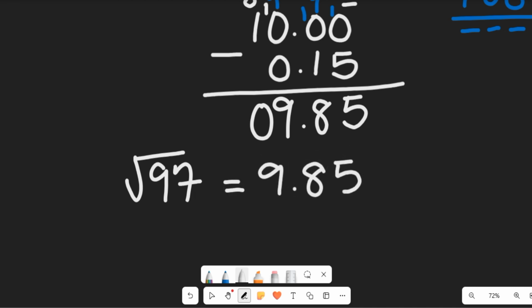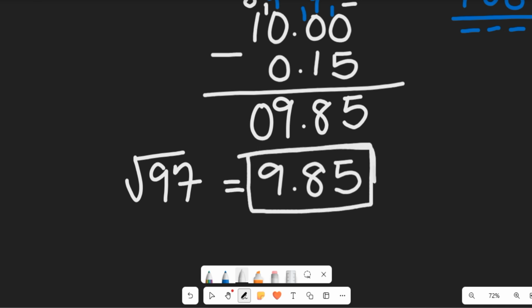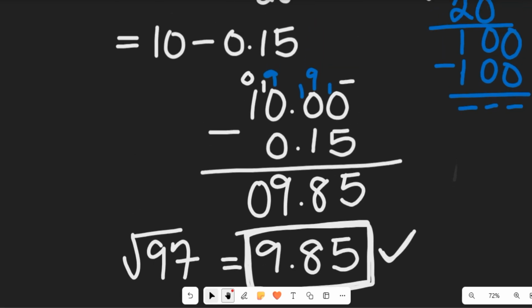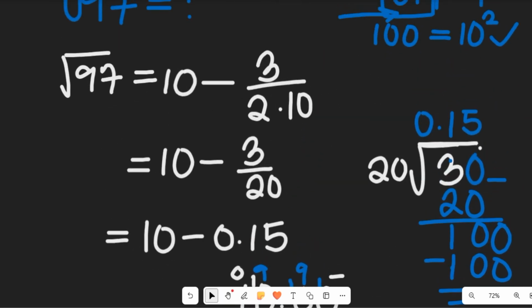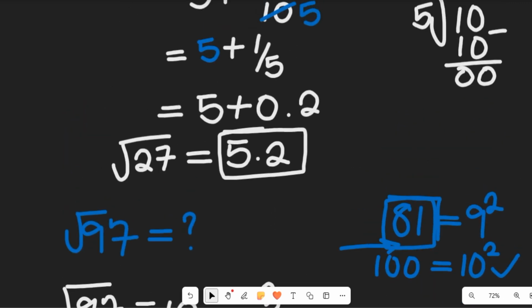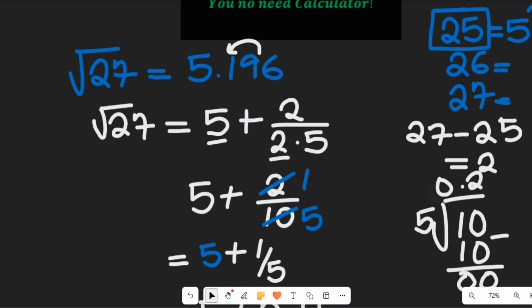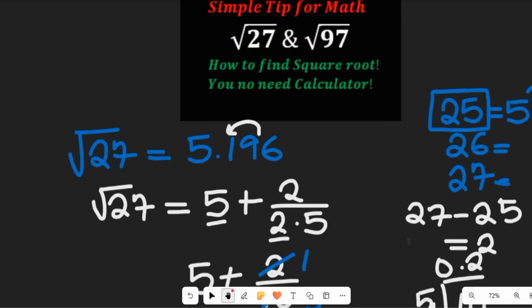Now remember I tell you say the answer e go give you the almost the approximate value of that number. Now carry your calculator now, punch the square root of 97. You go see wetin e go give you. E go give you like 4 or 5 number, and when you approximate that number, you go get exactly this value wey we don give you. So you see now say to find the square root of any number dey very easy. Wetin you just need to do na to know how to apply this simple tip wey I don tell you